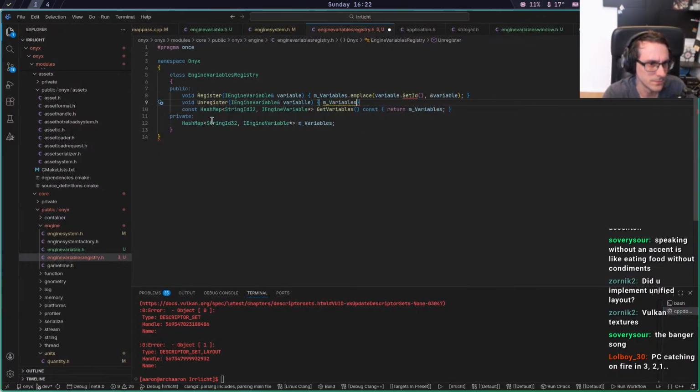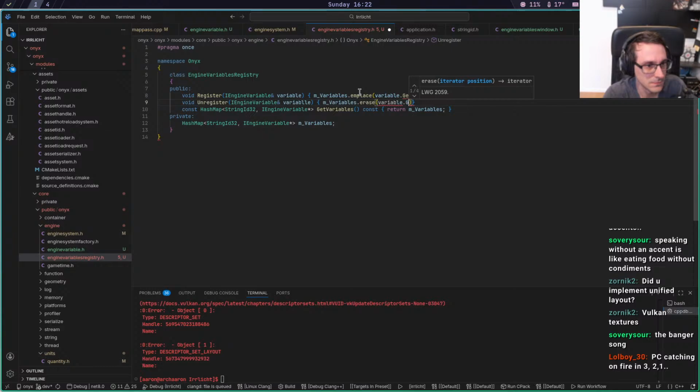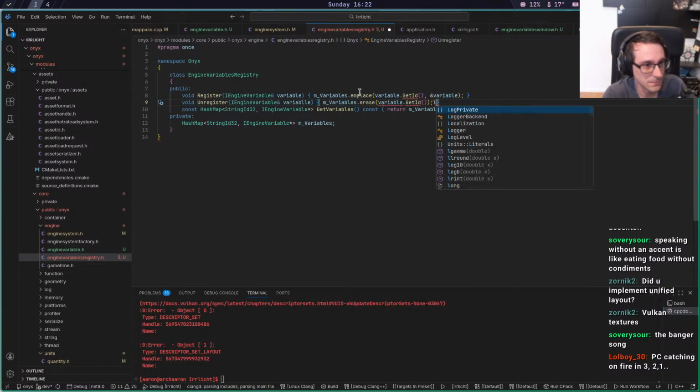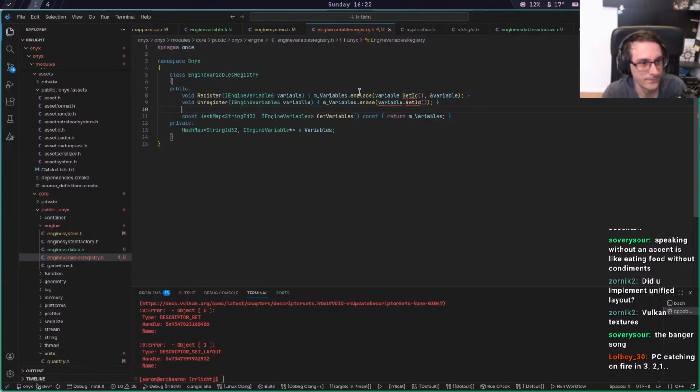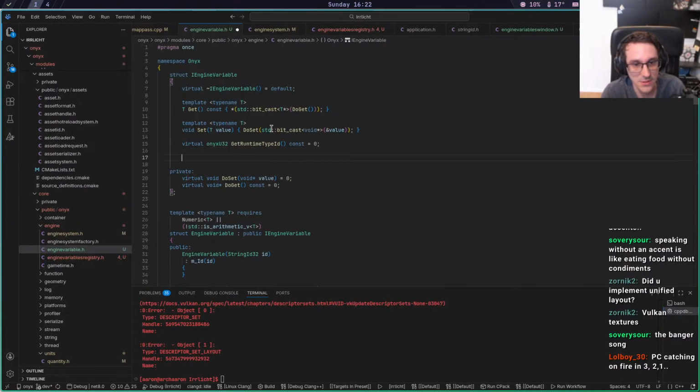Remove, erase, erase. Should have a key as well, right? Yeah. We of course need that then. Virtual, well, actually not virtual, but